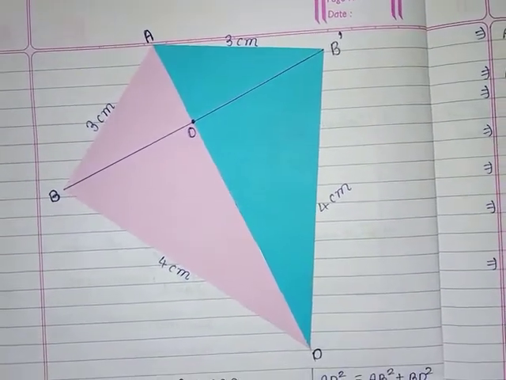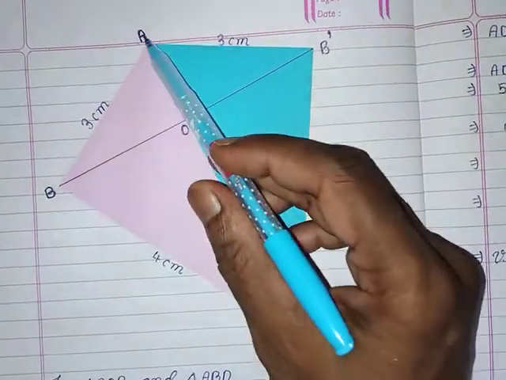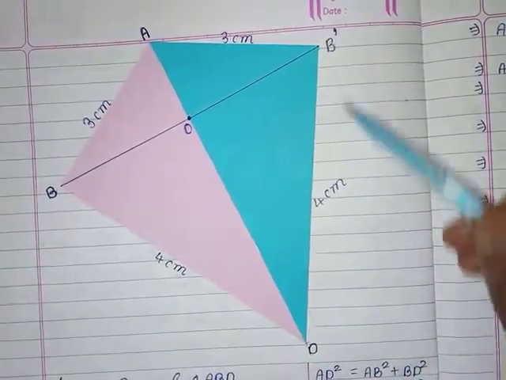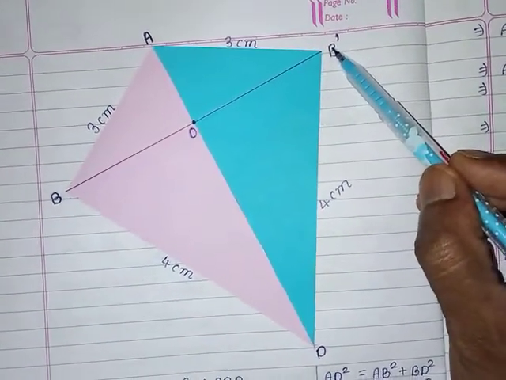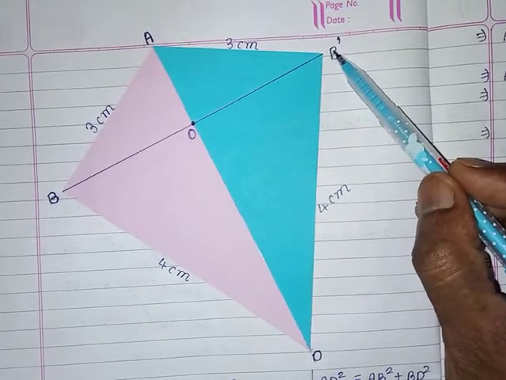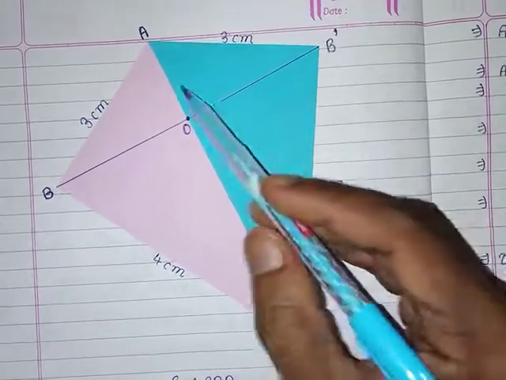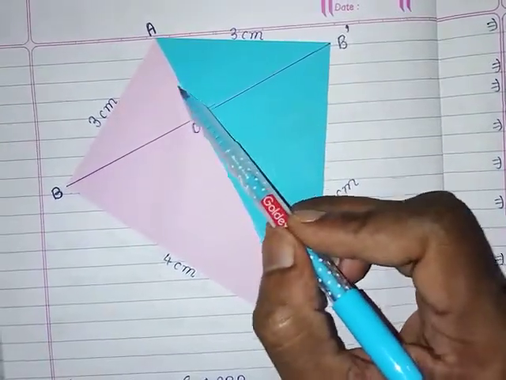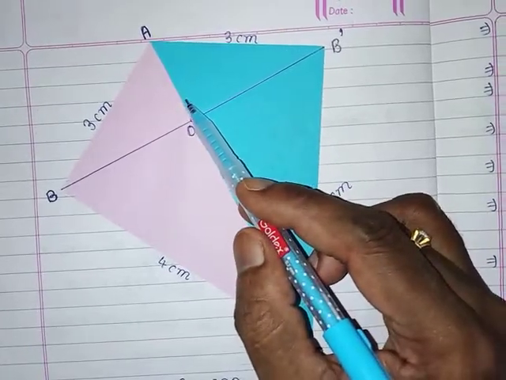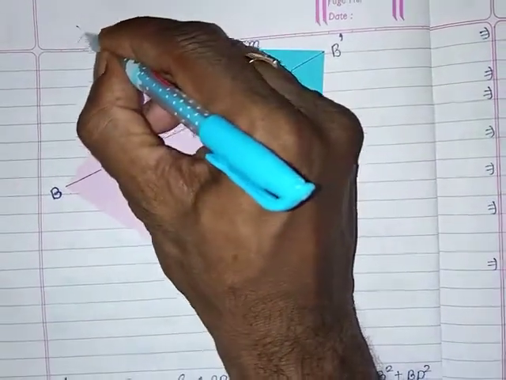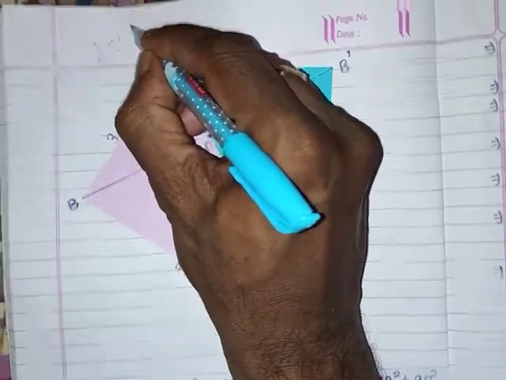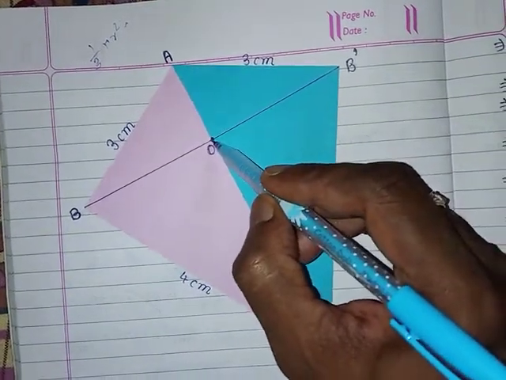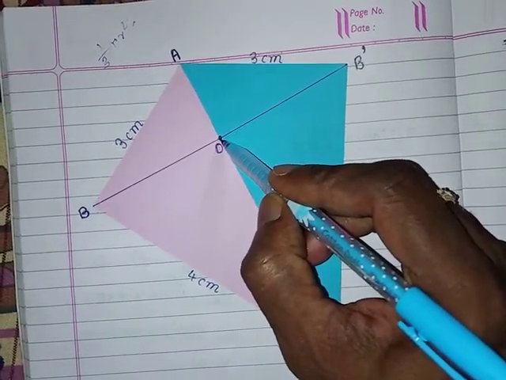Now what are we asked to find? The surface area and volume of this double cone, which are the cones A, B, B dash and B, D, B dash. What is the formula? If we take this cone, A, B, B dash, we have to find the volume of this. Volume is 1 by 3 pi r square h. For h, we need h, which means OA. Understand?